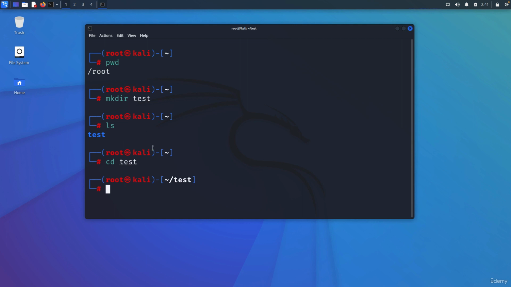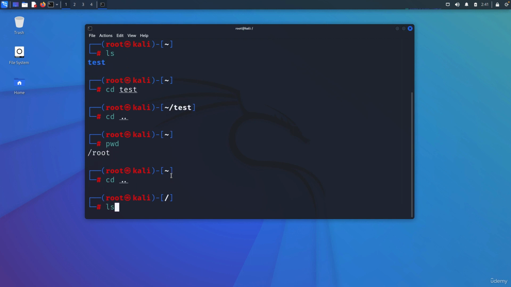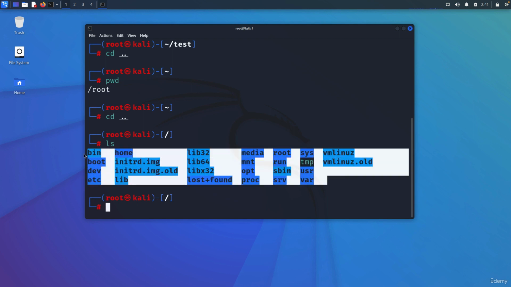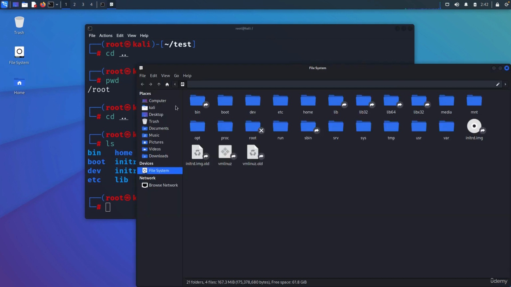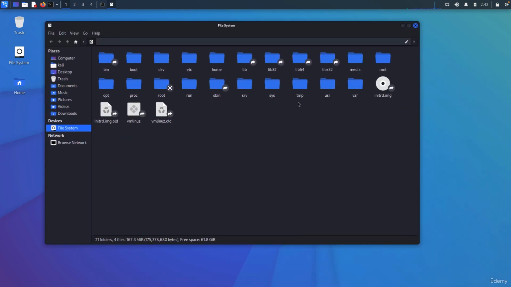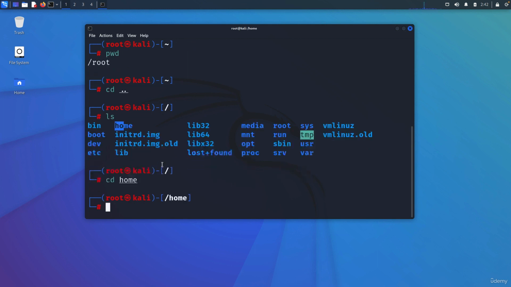Right now I'm inside the test folder and I can go back. I can write pwd and I can see where I am. I can go into the root of this. When I write ls, I can see all the files and folders available inside the root folder, and by root I mean this folder, the root of the file system. It can be confusing to call this root, but again, this is the terminology used in the Linux system. If I run ls, I can see the home folder, mnt folder, and other folders.